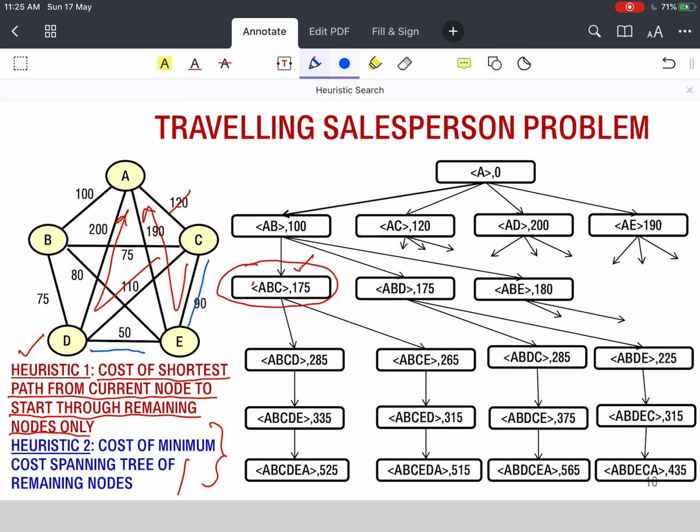In this case, the minimum cost spanning tree can easily be found from C and D, this, and this, which will actually cover, because I need to go back to A, and I have removed this edge, so I have 90 plus 50 plus 110.